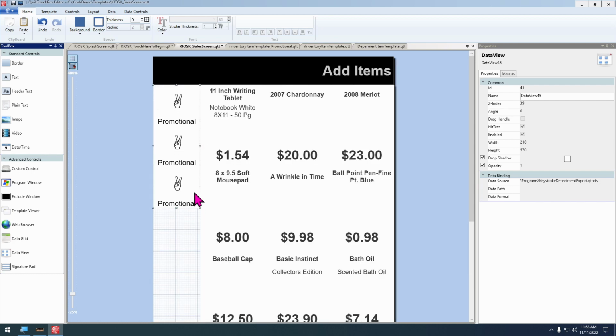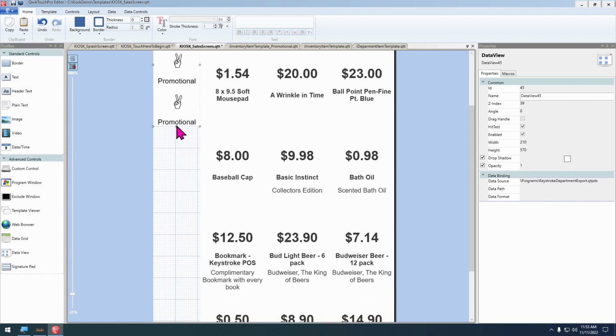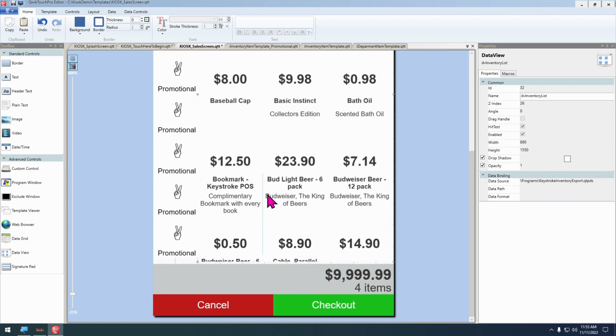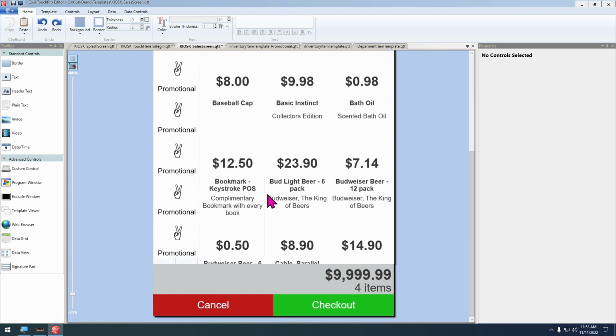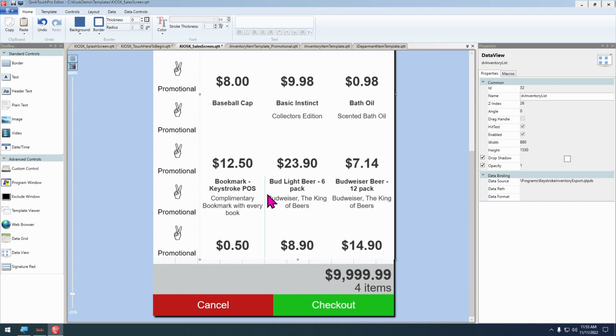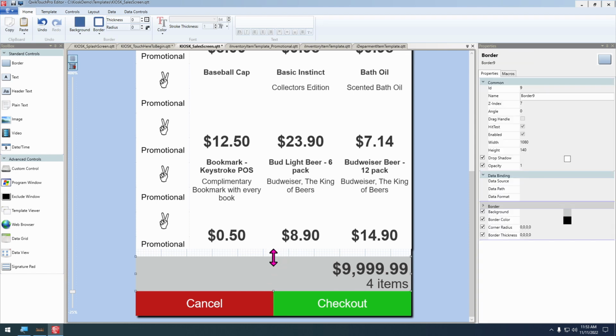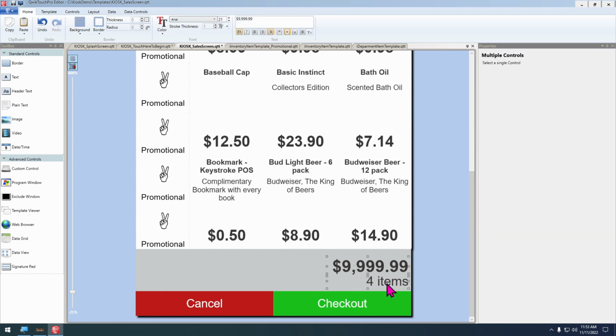So let's move that up and just scroll this down to the bottom. And again, we haven't bound these up yet, so they all say promotional or whatever on them. And we don't quite have enough room. Our template's just a little long. So I think I'm just going to move this one up. Let's undo that. With the Shift key and the arrow keys, I'm going to move that up. Zoom in a little bit. And I'm just going to make this border bigger to make everything fit. We could spend some time redoing that and aligning these things, but for this video, let's just make it quick